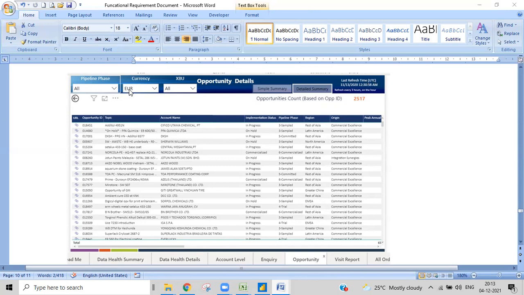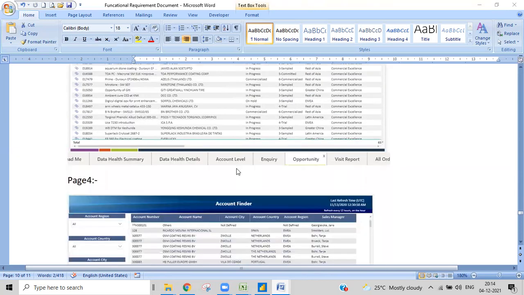In the pipeline, if they want to check the currency, what currency, how many people are there, what type of chemical, how much has been done, and how many are there. They want to filter that and check what stage it is. So for that, they want to make it in tabular format. We do have a lot of things.